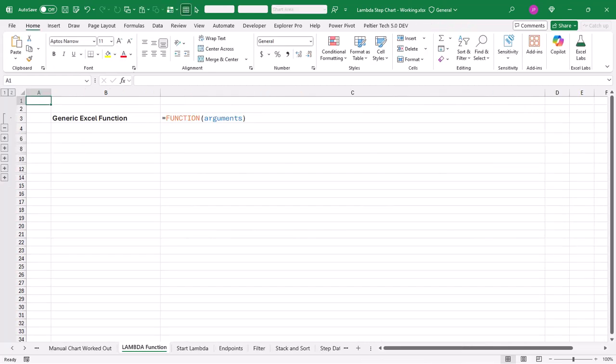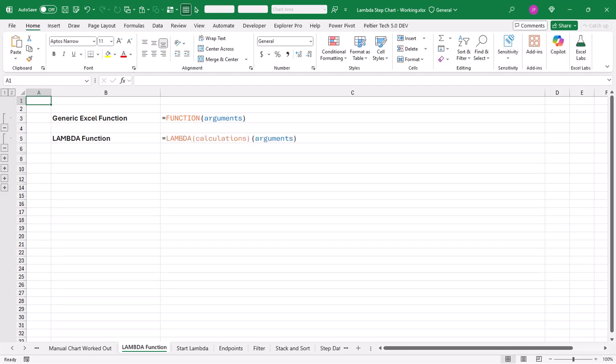Before I begin writing my Lambda formula, let's review Excel's functions. A general Excel function looks like this, with the function name followed by its arguments in parentheses. I've used orange for the function and blue for the arguments. A general Lambda function looks like this, where the Lambda function has a calculation section in parentheses, followed by its arguments, also in parentheses. I've again used orange for the entire Lambda function, including the Lambda keyword, the parentheses, and